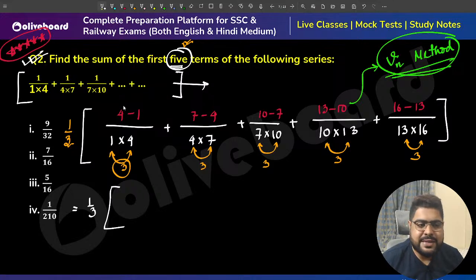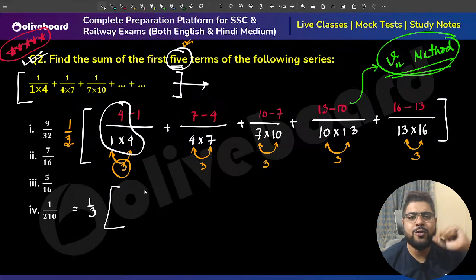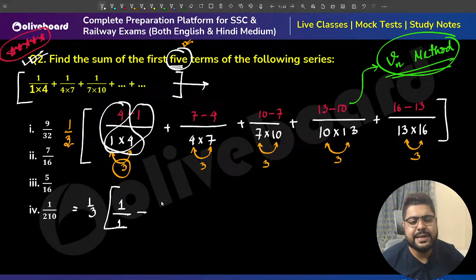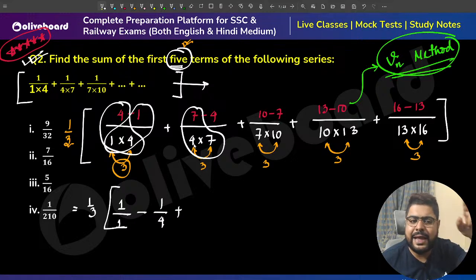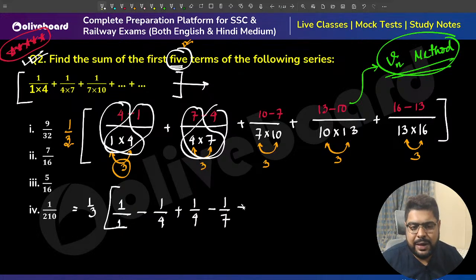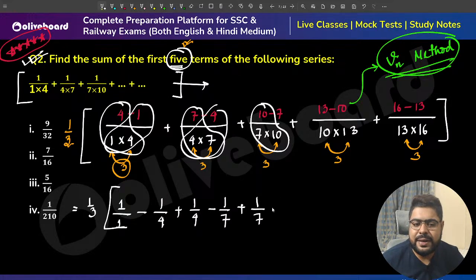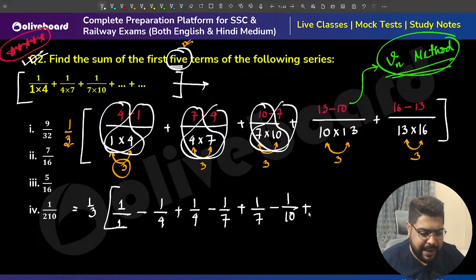Now, if I write 4 by the whole thing, 4 cancels, I'm getting 1 by 1. Minus. Write it down like 1 by 1 only, do not write like only 1. Now here, 1 by this thing, 1 and 1 cancels, I'm having 1 by 4. Plus 7 by the whole thing, 7 cancels, I'm having 1 by 4. Minus 4 and this whole thing, 4 cancels, I'm having 1 by 7. Plus, again, 10 by the whole thing, 10 cancels, 1 by 7. Minus 7 by the whole thing, 7 cancels, 1 by 10. Again, I'll be writing